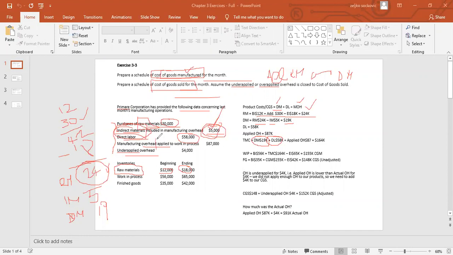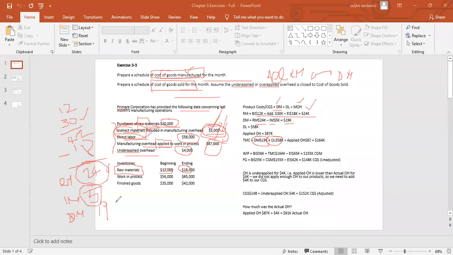Now, manufacturing overhead applied is already given to you. These 87 are applied. You would add these 5 to actual manufacturing overhead, only if you are asked for adjustments, and we will see that now. We don't have any other overhead to add to anything. We are already given the underapplied overhead. So these 5 would just be sitting there. You don't really care about them,